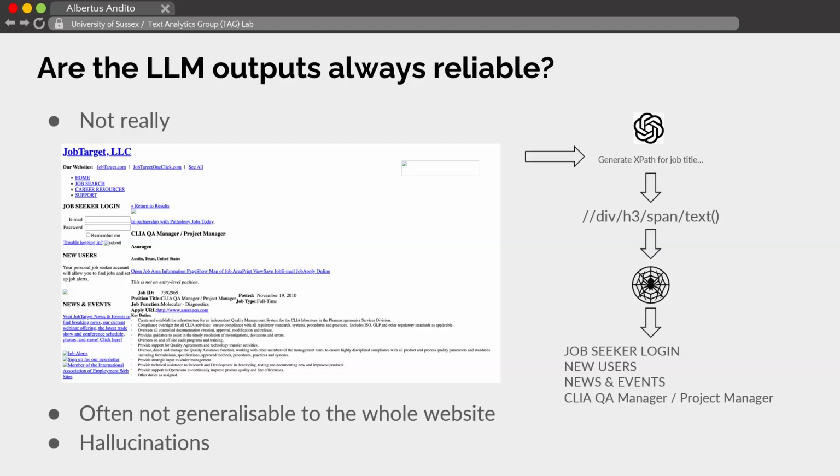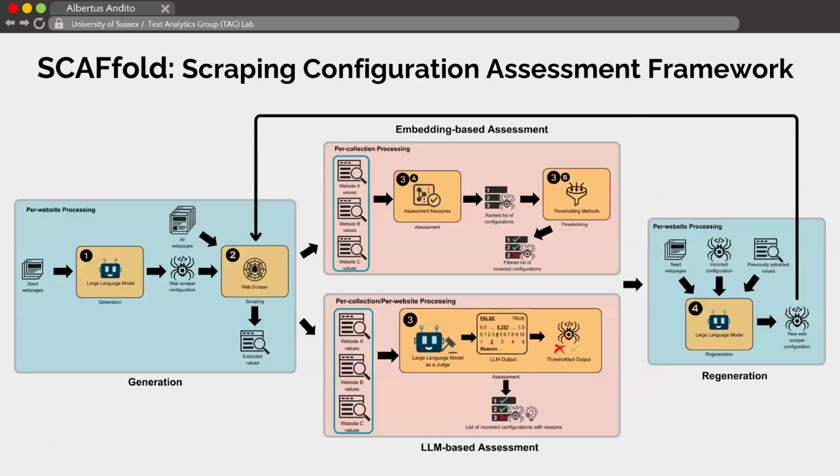So there is a need to be able to assess whether the generated XPath is actually correct or not in an unsupervised way, especially in the realistic scenario where, during construction of these scrapers, we don't have access to the ground truth. So I came up with this scraping configuration assessment framework,